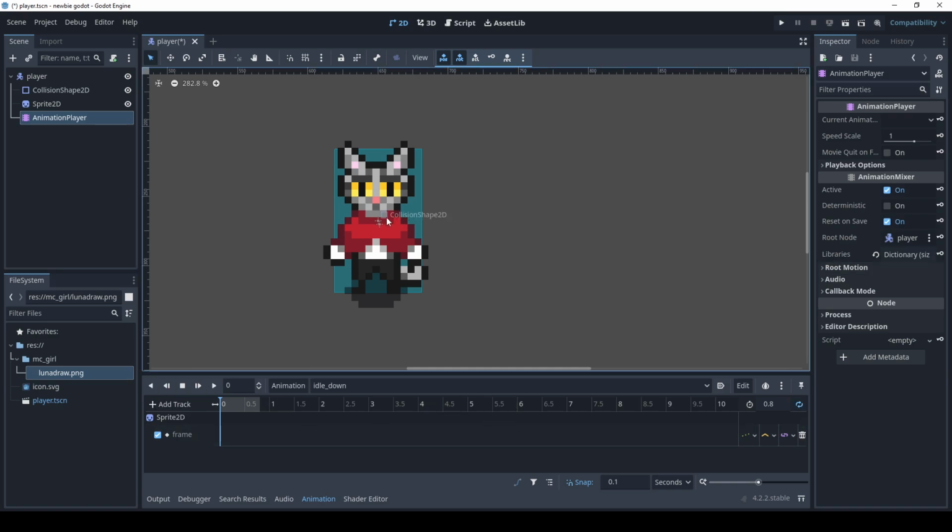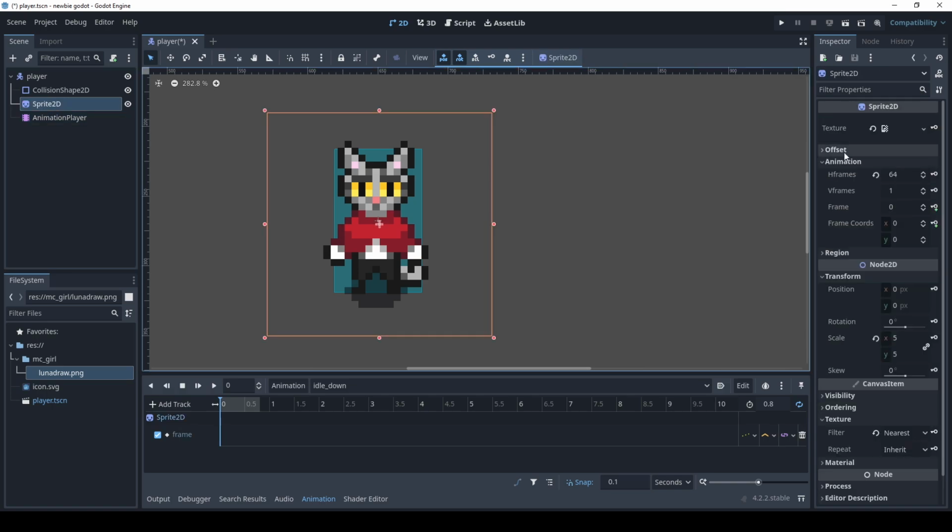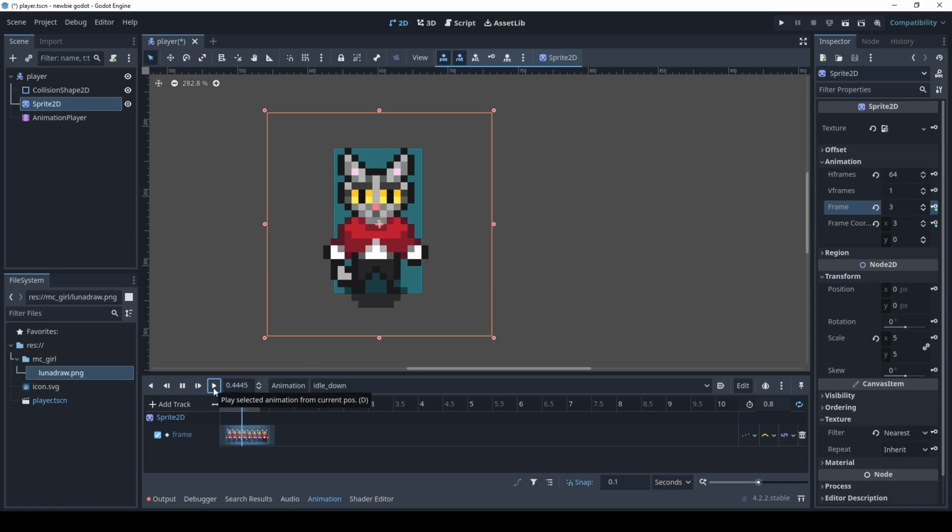So all set, we go to our Sprite2D, and for this animation here, you can see that there is a key here. If we click on this key beside the frame, it will get stored to this animation frame. So let's try. I have eight frames, so there will be 8 clicks. 1 2 3 4 5 6 7 8. Okay, and to check it, just play this.